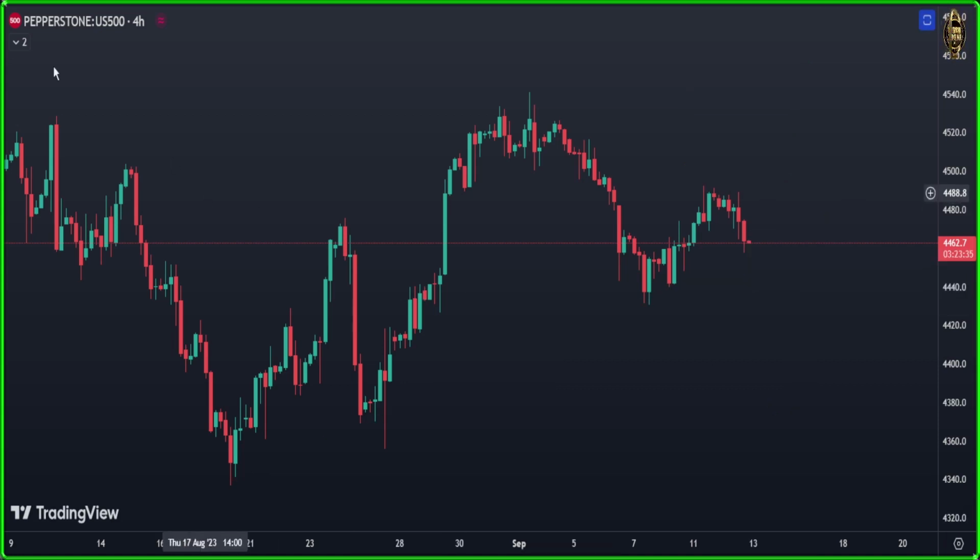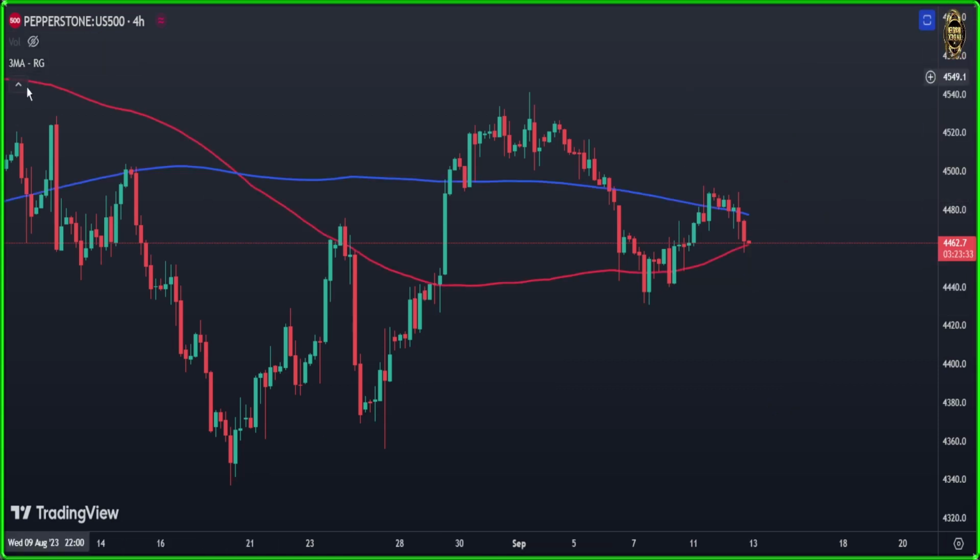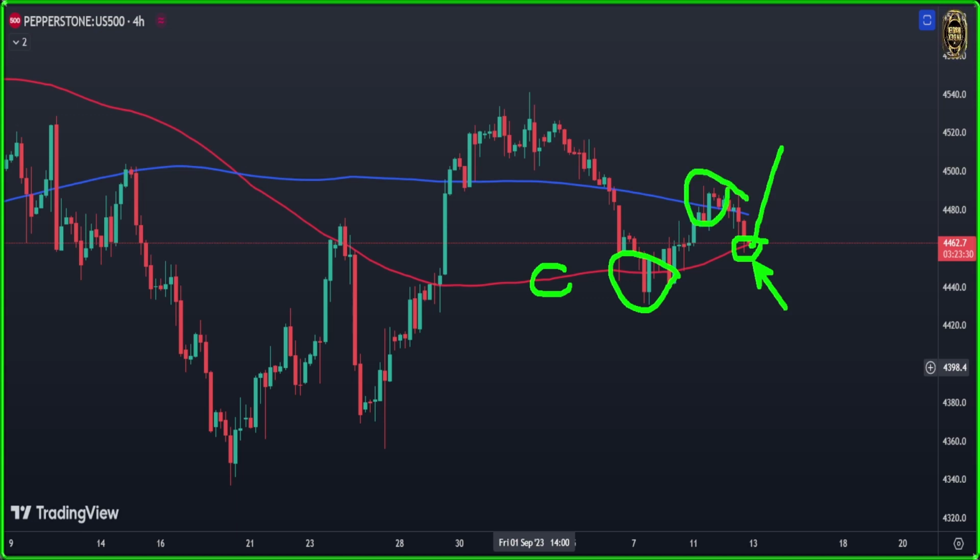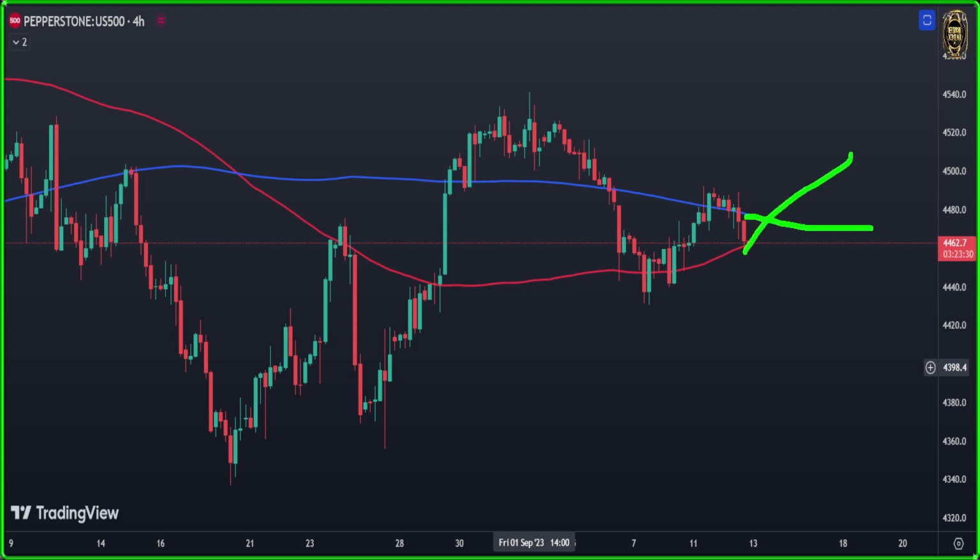Another very important thing here in the SP 500 is those moving averages. As you see, the 100 moving average, that red one, is a simple one. You are in it here and it reacted like a very strong resistance or support here. So every time we touch it, now let's see if it's going to break above that 200. The blue one is the 200 moving average. That's why I told you it's not yet. Or maybe from here it's going to break above the 100 to break the 200. That's possible, guys. So everything's still possible till now.